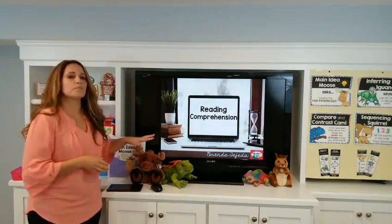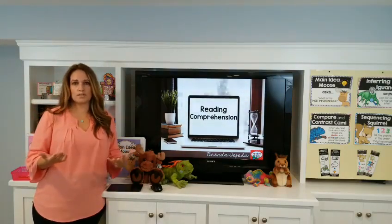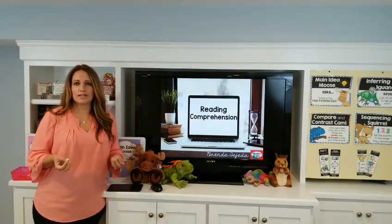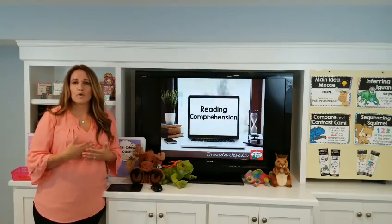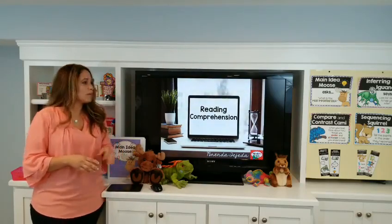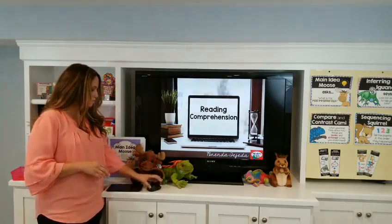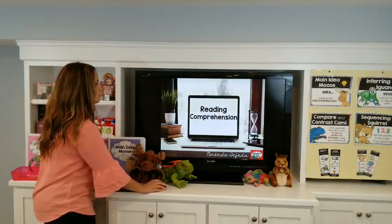All right, so reading comprehension, of course, is something that teachers strive to achieve for all of our students. We want to make sure that they have excellent reading comprehension. And some of your students might have great comprehension naturally. They might be able to think critically with little or no prompting from you, but many of our students, and most of them, are going to need a lot of help and support in this area. So it's important that we teach these skills explicitly to them. And so I have a couple of tips for you. And I'm not going to go through all of them here because I know as teachers